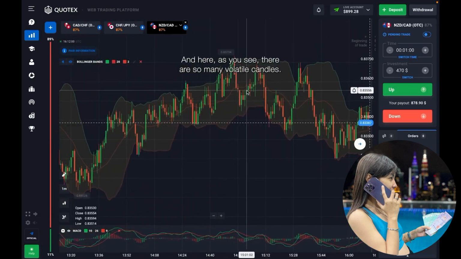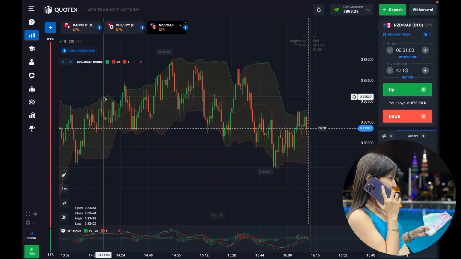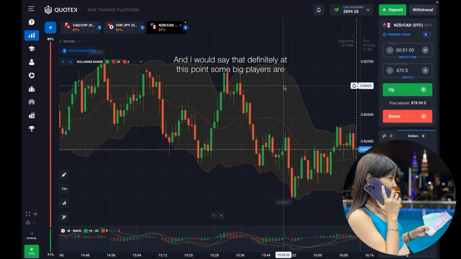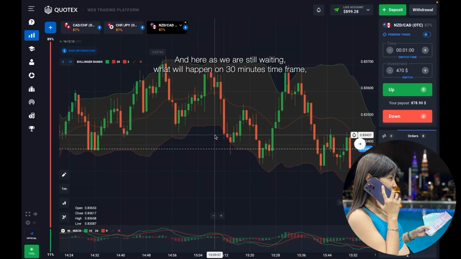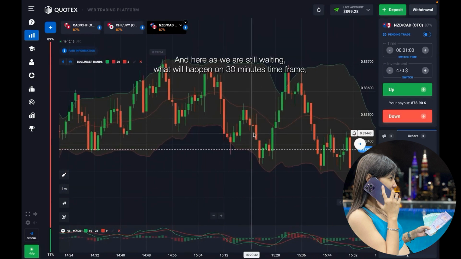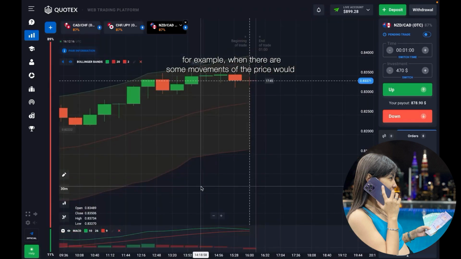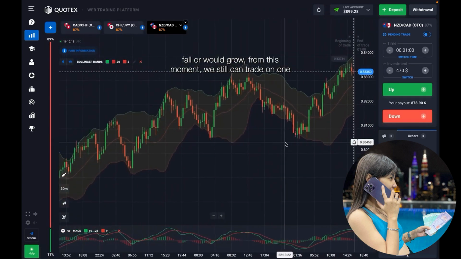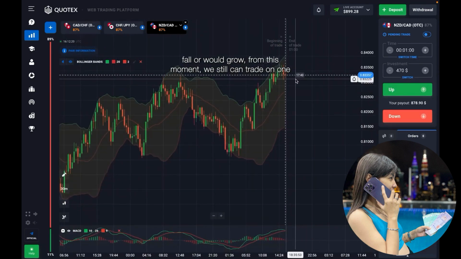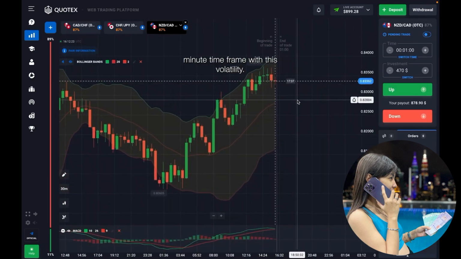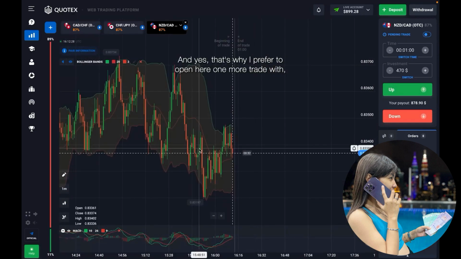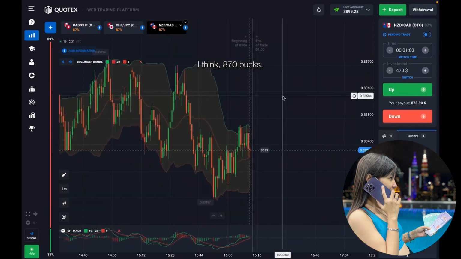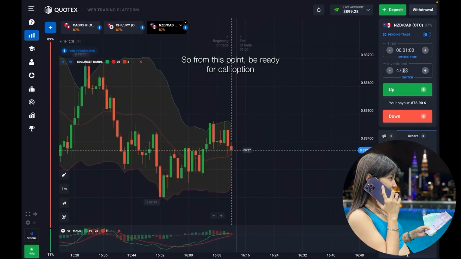Here, as you see, there are so many volatile candles. And I would say that definitely at this point some big players are gaining their positions. And here we're still waiting to see what will happen on the 30 minutes time frame. For example, when there are moments when the price would fall or would grow from this moment, I can still trade on 1 minute time frame with this volatility. And yes, that's why I prefer to open one more trade here with, I think, 870 bucks. Why not? From this point, be ready for call option